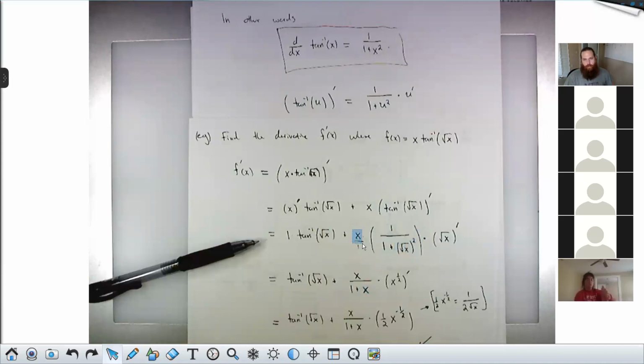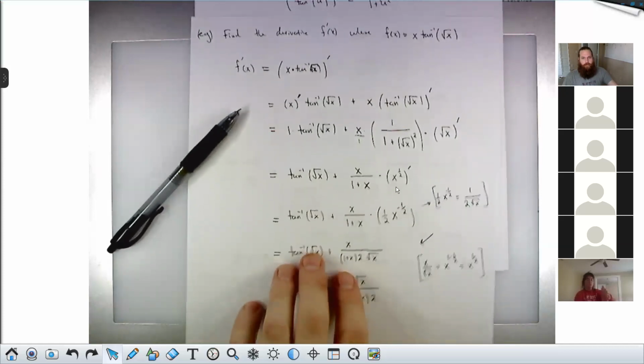And then this x, which originally was out front, I bring in as the top of the fraction, because x times some stuff is the same as x over 1 times that stuff. So I multiply the top with the top and the bottom with the bottom. X times 1 is just x, so that's multiplying the top of this fraction with the top of this fraction. And the bottom, 1 times this denominator, is just this denominator. And that denominator simplifies to 1 plus x. Just, again, squaring the square root gives me this. And the rest of it